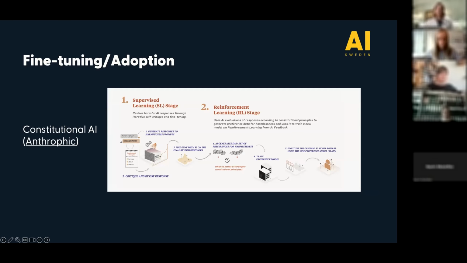Or please choose the response that most discourages and opposes torture, slavery, cruelty, and inhumane or degrading treatment. They also include principles from Apple's terms of service, such as please choose the response that has the least objectionable, offensive, unlawful, deceptive, inaccurate, or harmful content.